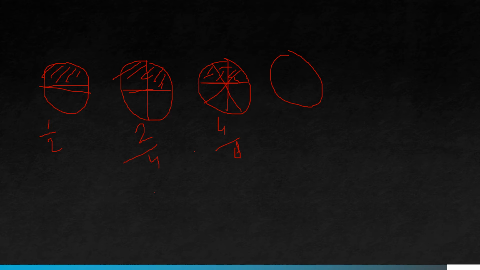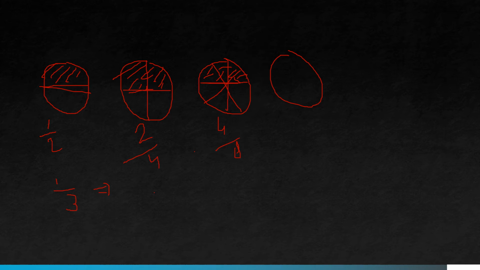But if you see the figure, then in the figure you can see half of the circle is colored in every picture, right? So these are called the equivalent fractions, right? Equivalent fractions can be formed by multiplying or dividing the numerator and denominator by the same number, right? Let's say I have 1 upon 3 and I am saying that you need to find the next 3 equivalent fractions.